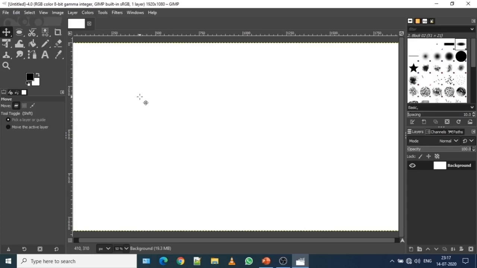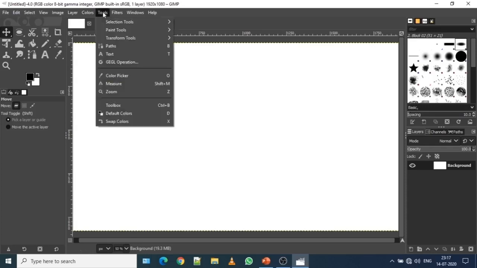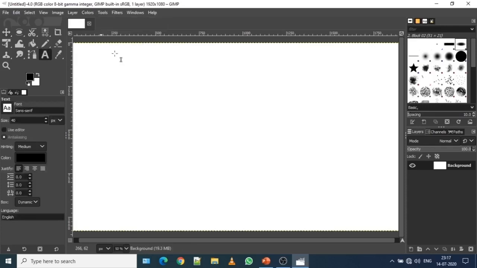As per the formal method, I will go to the tools menu and then click on text. The moment I click on text, you will notice on the left-hand side the text tool features with different types of properties. You will also notice on the right-hand side under layers, the background of the artboard appears.